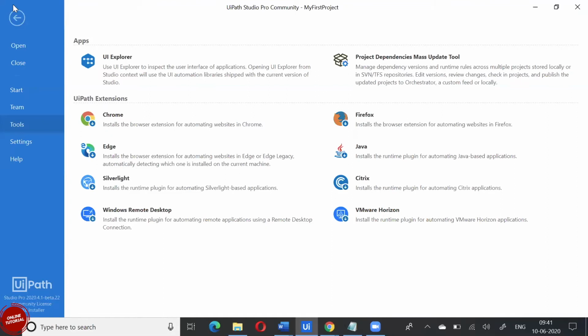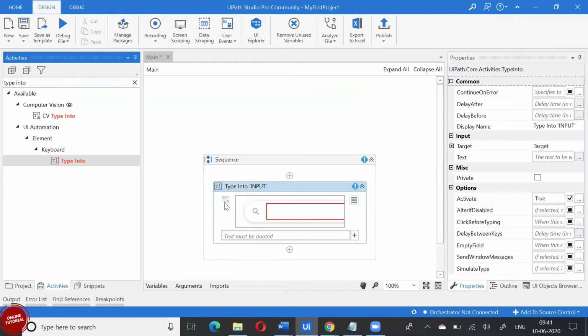Okay. So this way, wherever you require, you don't have to always install it. If at all you want to use it, you can install the extension. Otherwise, you can ignore it. Suppose you're never going to use Firefox or Edge, you can ignore it. Okay. Then this UI Explorer, right? Once we start designing something, I'll tell you what is the use of it and how it is used.